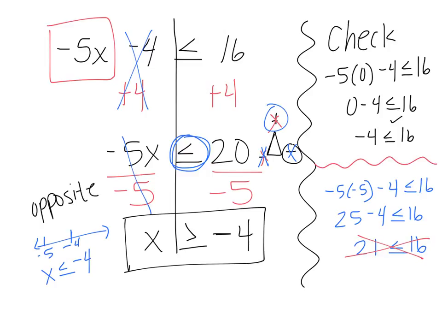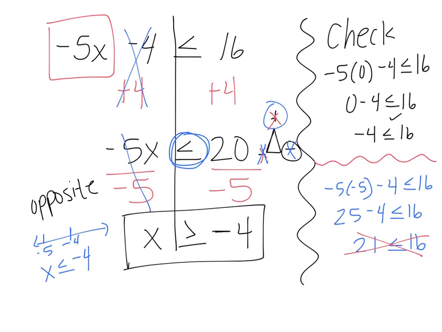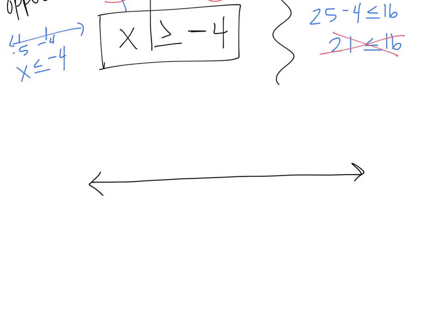We're also going to practice graphing this just to re-solidify that. So we have right here x is greater than or equal to negative 4. So we're going to graph that negative 4 right here. Remember, greater than or equal to, that equal to is going to create a closed dot because it is equal to. Remember, all equals have to be a closed dot,